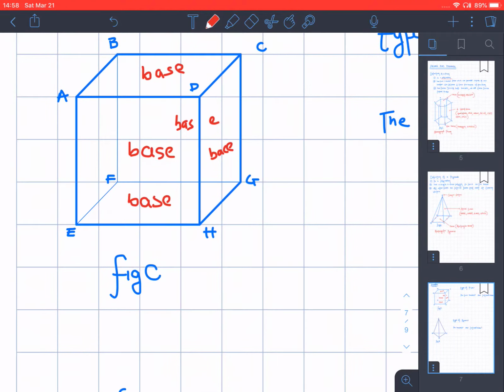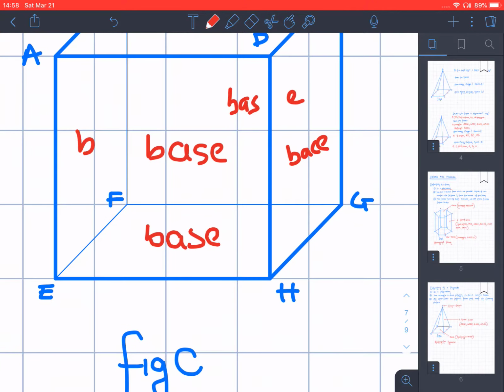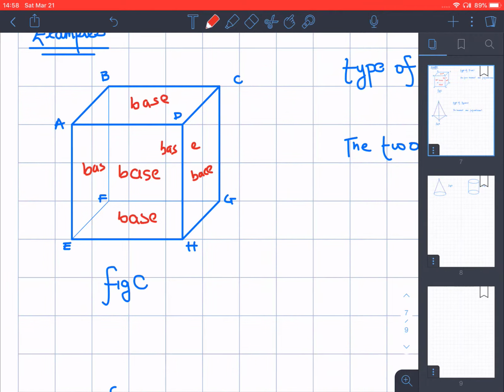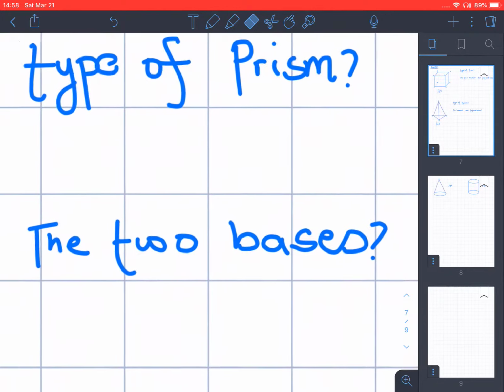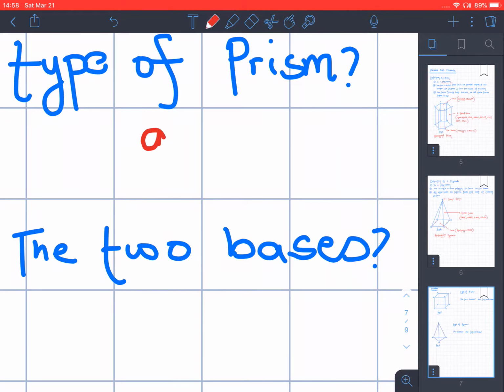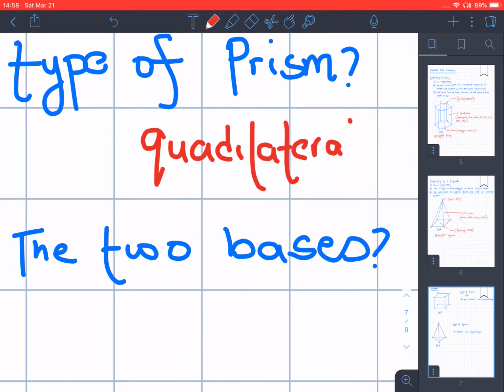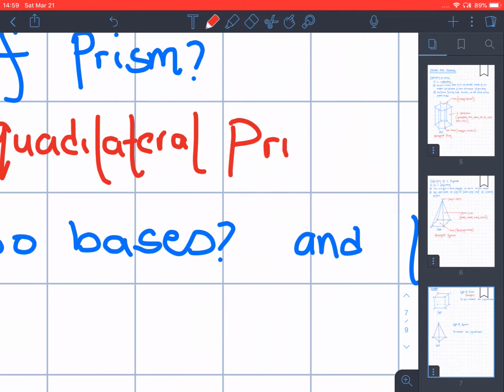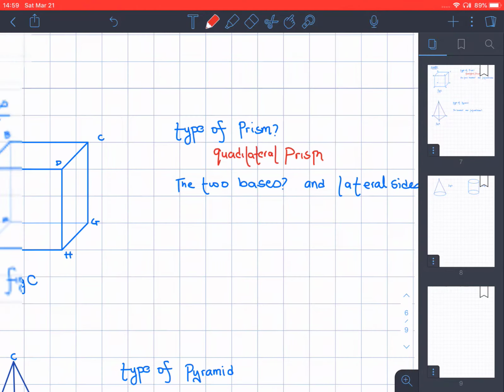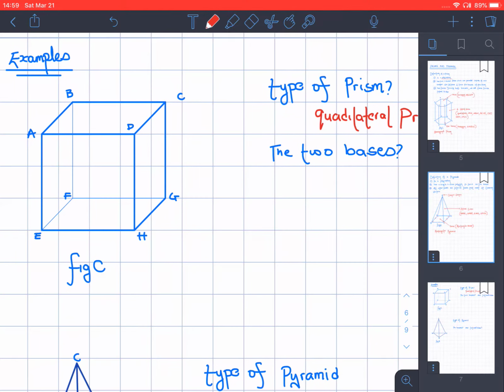But no matter how I orient this figure, you can see that it only has straight lateral faces connecting both sides. Any way I select the base, it works. And no matter how I pitch this, it would always still be a rectangular or quadrilateral prism. That will never change. That's a good indicator: if the type of prism doesn't change based on how you define it, then you know you're good. If it changes, then you know something is wrong. So this is a quadrilateral prism, and